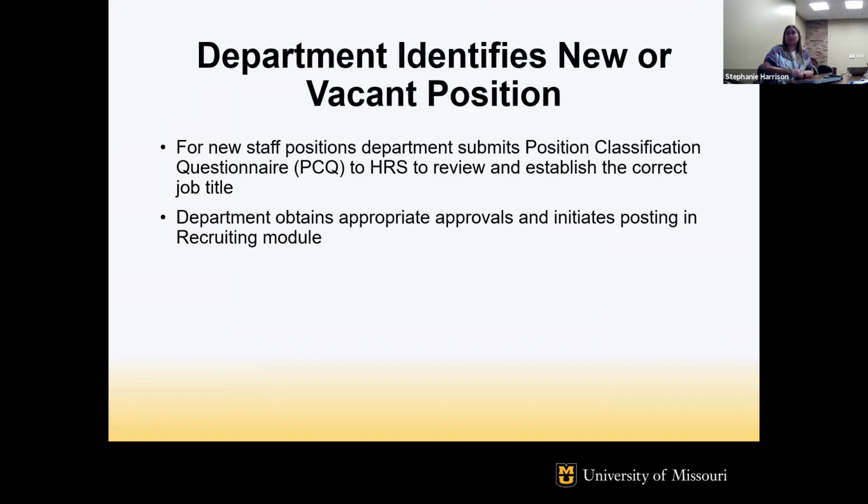As most of you know, if you need new staff position numbers, then you would need to complete the position classification questionnaire, or the PCQ form, and submit that into the HRS requisition inbox. Once we've received it, we get it over to our HR professionals for your assigned college, school, or division, and they will go through and obtain the appropriate approvals and discuss with system, or send recommendations back, whatever they need to do in order to get the position set up for you. One of the newer things that we are starting to see come through is departments wanting to unfreeze positions.